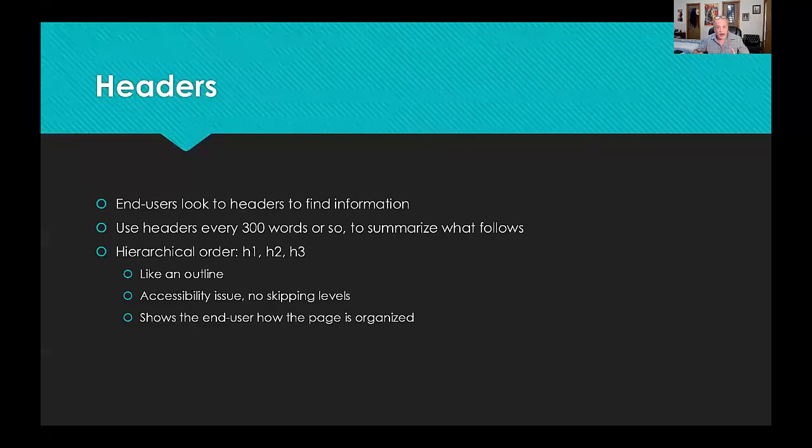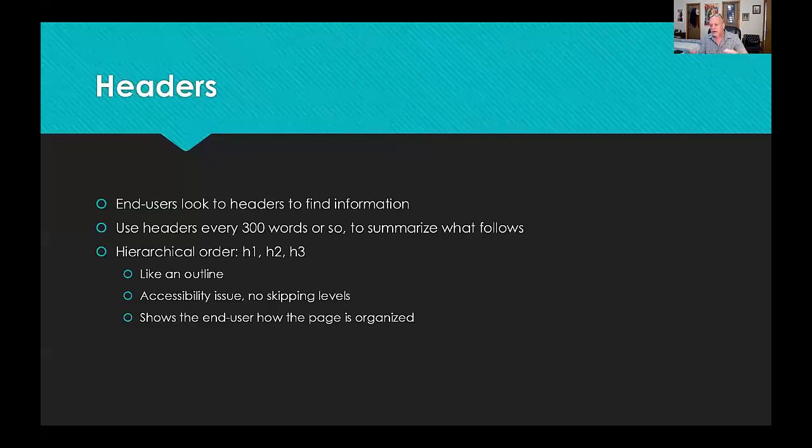The caveat to them not reading that big paragraph, if you have a header in front of it that is, say, 7 words long and summarizes what's in that paragraph, that might make the end user want to read that paragraph. So your headers are a great way to let that end user quickly know where stuff is located on your page. So use headers every 300 words or so